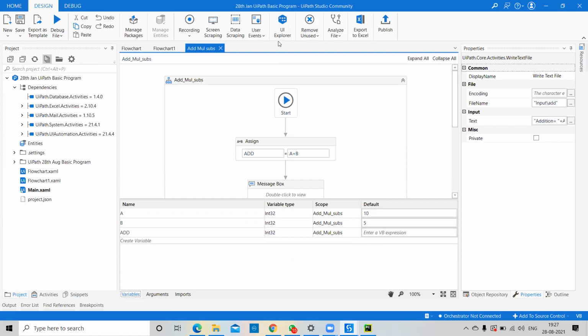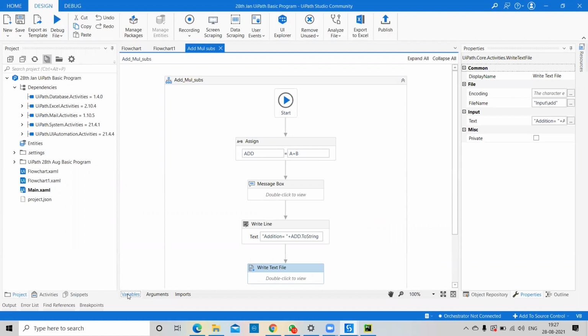But if you want to create it as dynamic, how is it possible? Dynamic is also possible. Dynamic means right now I want to pass 150, that's fine. Tomorrow, after the second execution, I want to pass 1500, and in the third execution I want to pass 5 plus 2. So everything is possible in UiPath. How we can do it, I will tell you.